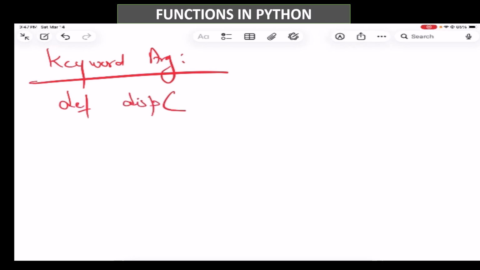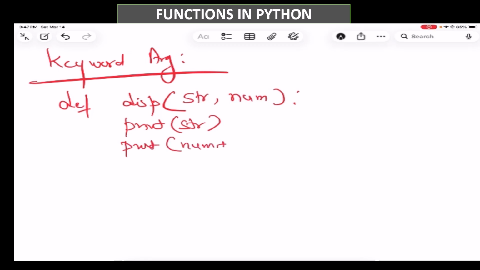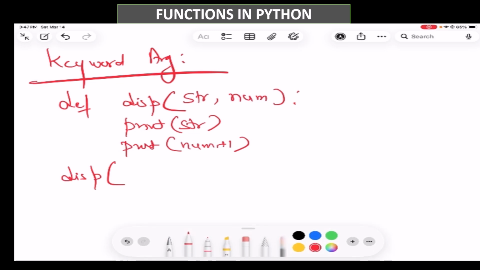Now again, I do what? I write str. I write, say, num here. Okay, I print str. Right? And again, like in the previous example, I just do this, right? Now, when I call disp, I'm not very sure about, before that, so sorry, before that, I would